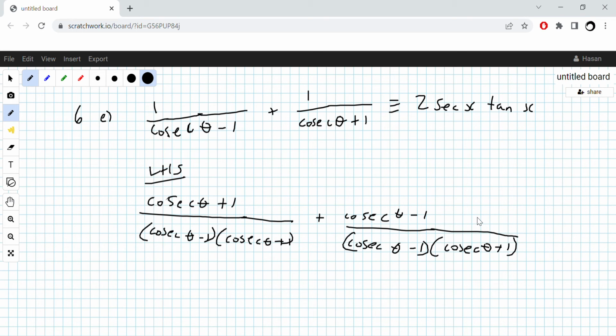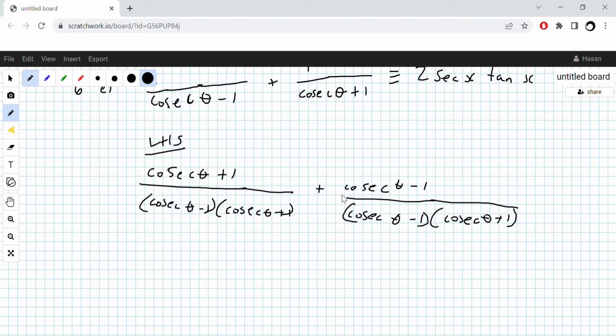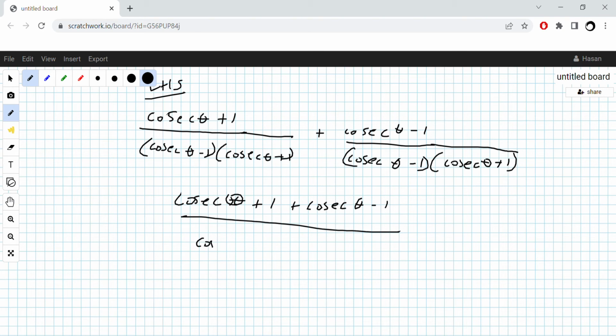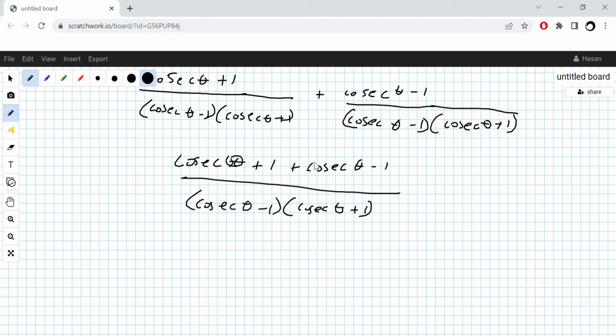As the denominators are the same, we can bring everything together. So now we're going to have cosec theta plus 1 plus cosec theta minus 1 all over cosec theta minus 1 times cosec theta plus 1. The 1's cancel out at the top, and these two add to give 2 cosec theta,